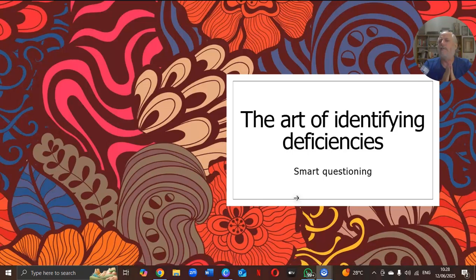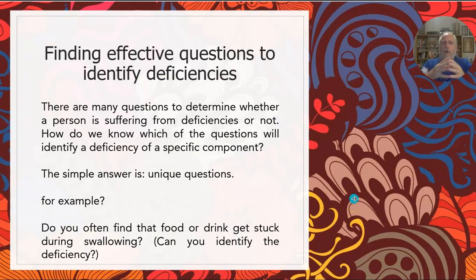So it's the art of smart questions, but not just questions, to know how to identify deficiencies in supplements. So the real challenge for a professional starting his or her path in this process is to know how to find the effective questions to identify deficiencies. Because if you just take one sample supplement and go over all the list of potential symptoms that it can create when it's deficient, or should I say the body creates it because it's deficient,